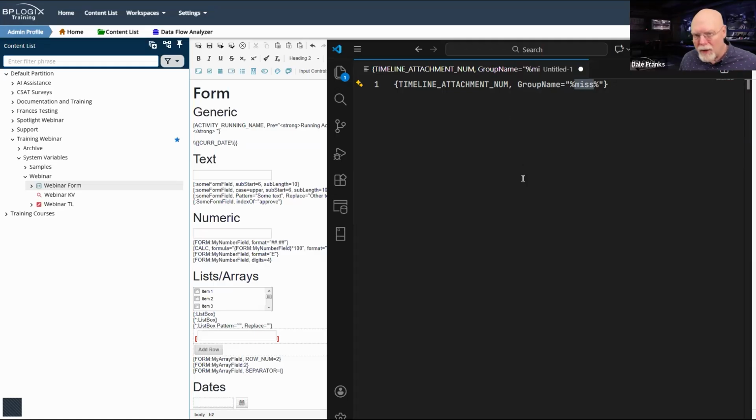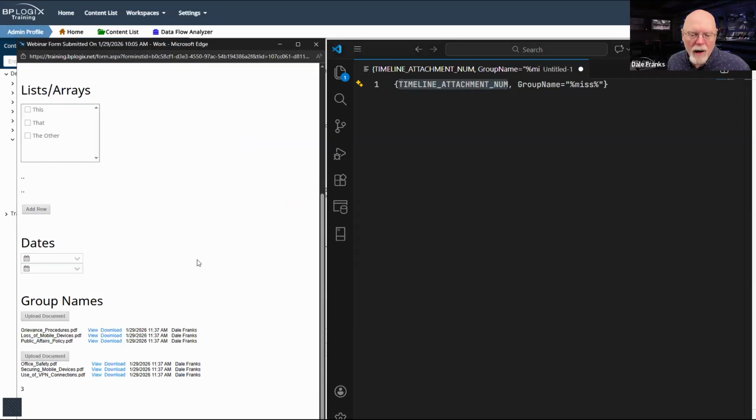So it's going to look through all of the timeline attachments. It's going to find any group name that contains miss in this case, and it's just going to say, okay, well, this one counts. I'm going to increment my number of timeline attachments by 1 because I found one that matches it. And ultimately, with the 6 that I have entered here, with 3 in final submissions and 3 in final edits, only 3 are going to match my search term using these wildcards.